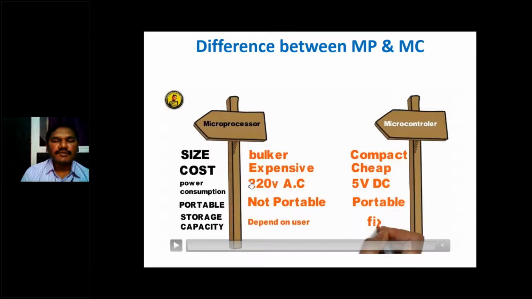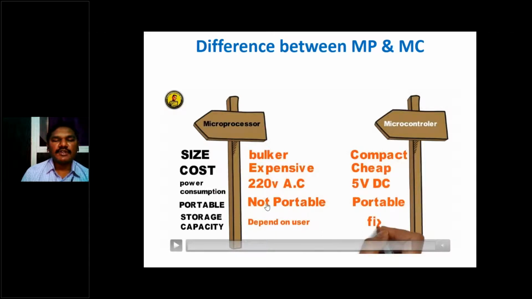And why is it connected to 220 volts of AC, which is coming to our home? Because the microprocessor system has one CPU, that CPU has one SMPS, and the power cord is connected to this SMPS, which handles 220 volts of AC. Even though internal ICs operate at 5 volts or less, it is connected to 220 volts of AC. But here, everything is on a single chip, that's why we give 5 volts of DC directly.